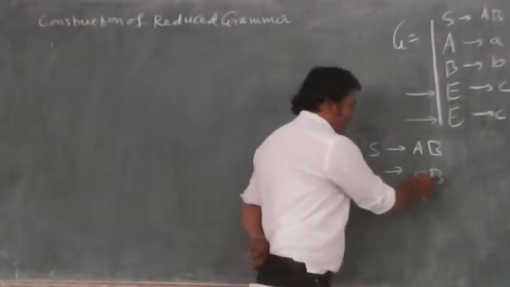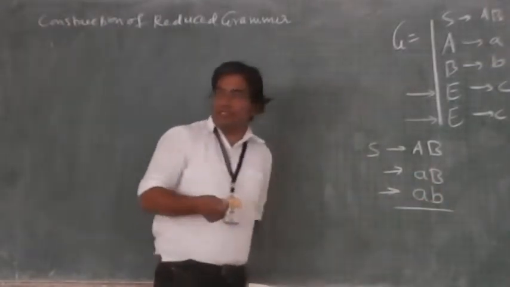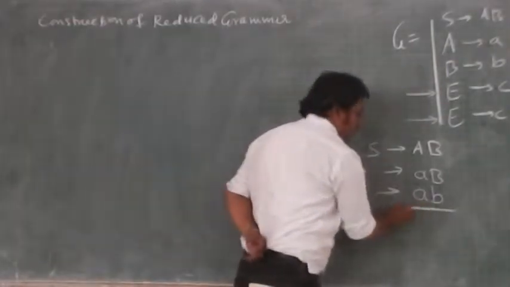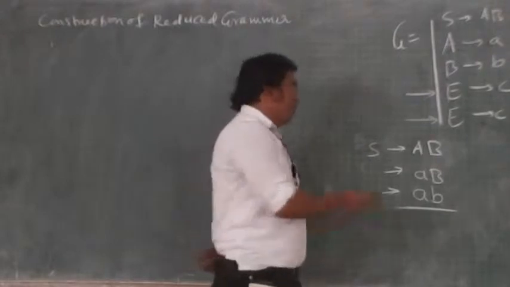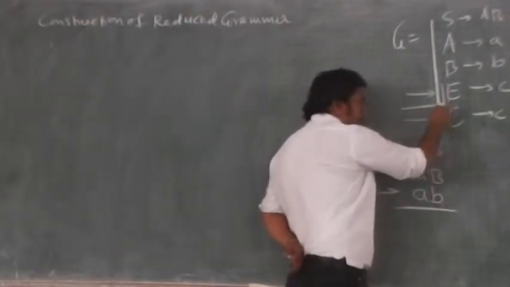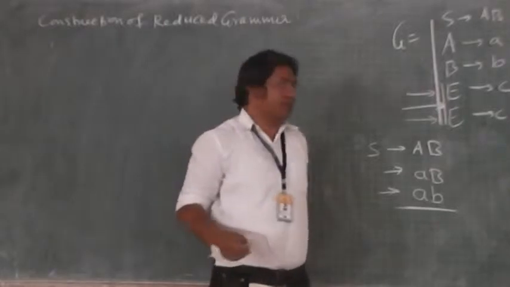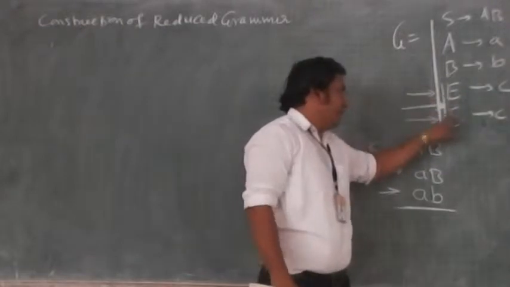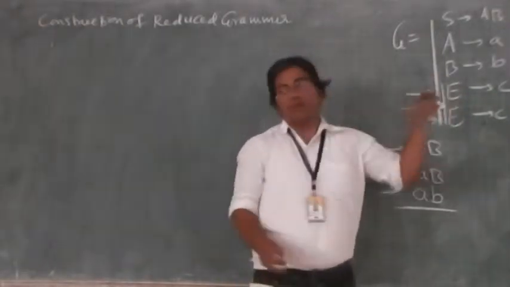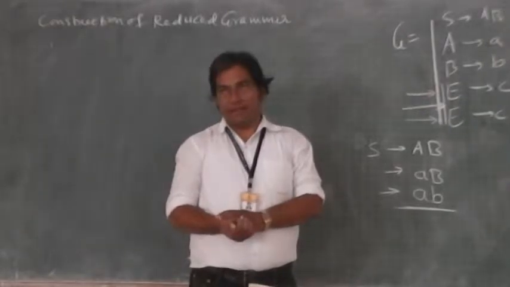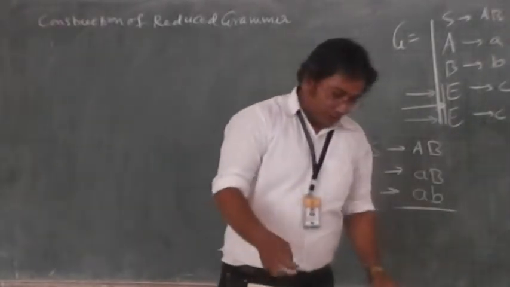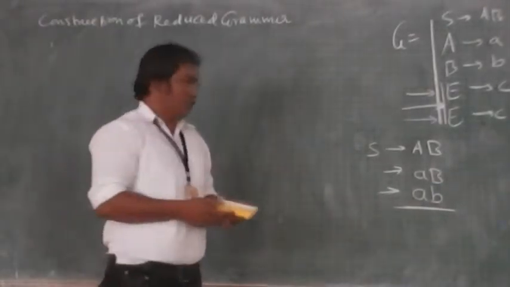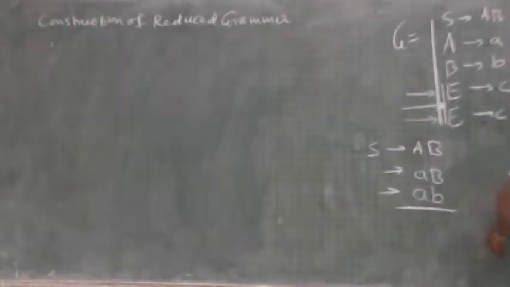In the second step, what I am doing? B I am replacing by b. And then I am coming to this sentence, and I came to know that since this is the end of my derivation, I clearly found that during the derivation these two productions I am not able to use at all. That's why I come to this conclusion that these are the two useless productions. Okay na? So exactly this same analysis we have to utilize to frame the method.